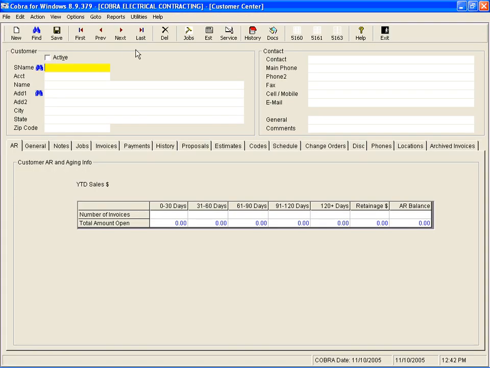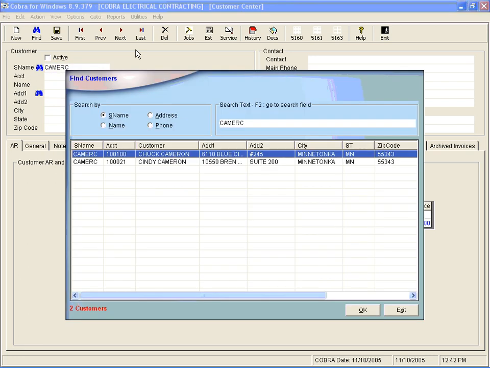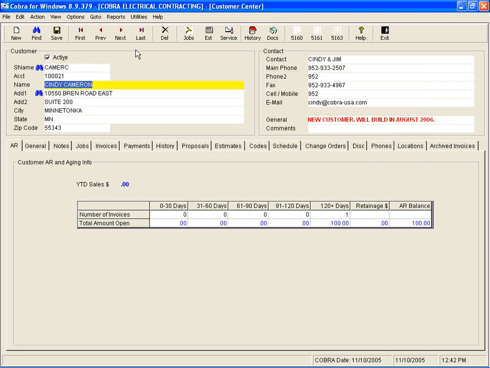Now before we can load accounts receivable, obviously we need to have our customers entered in here, and the general rule of thumb is to enter the customers who owe you money first and then start building the rest of your customer list. So I'm going to find the customer that I just entered previously, and I'm going to enter